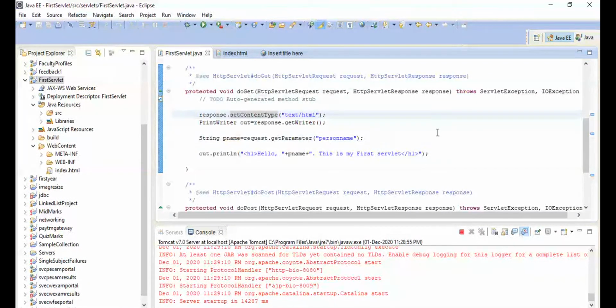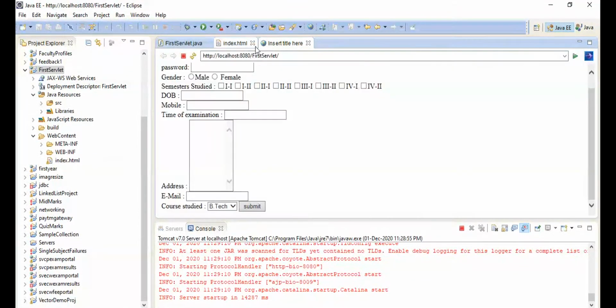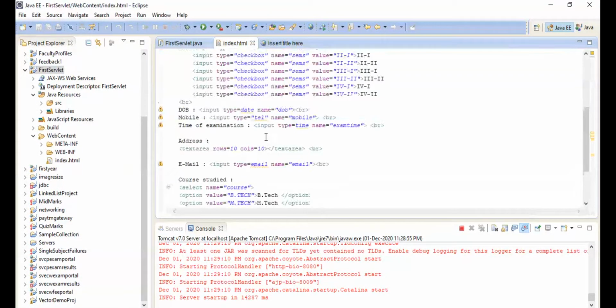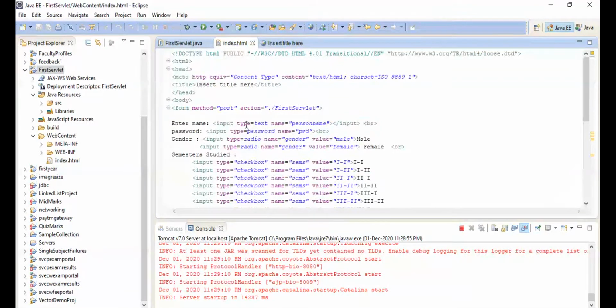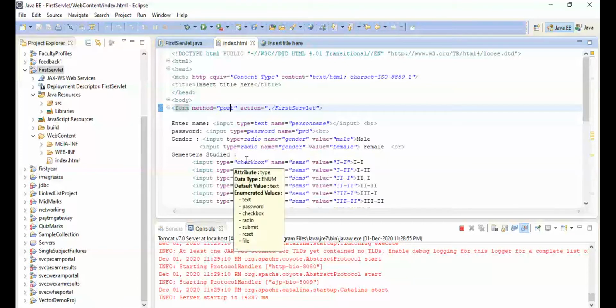So I just go to the servlet page, and here, are we using method equal to get or method equal to post? Here method equal to post only, because there are n number of form elements, so it is better to use post. If the form elements are one or two, then it is better to use method equal to get.